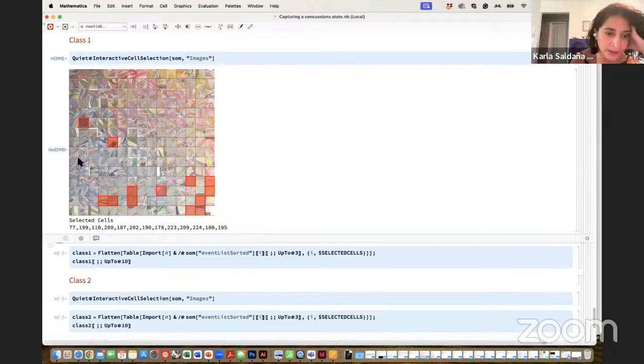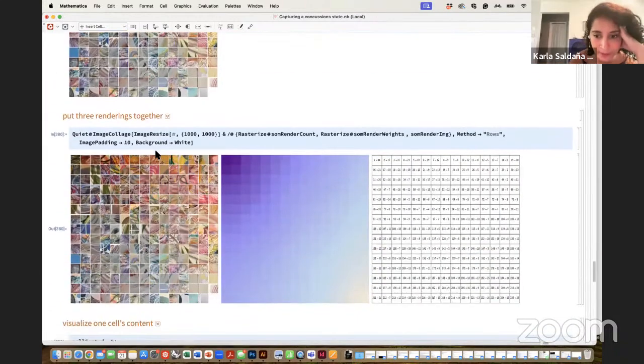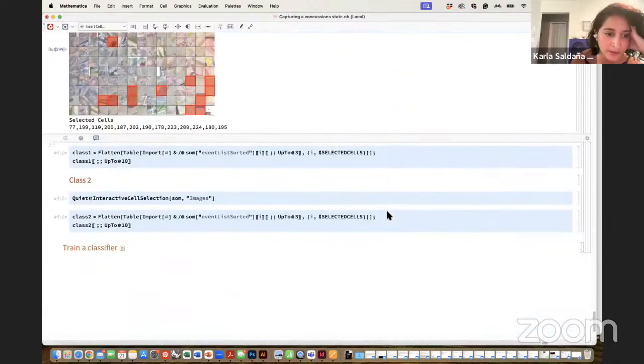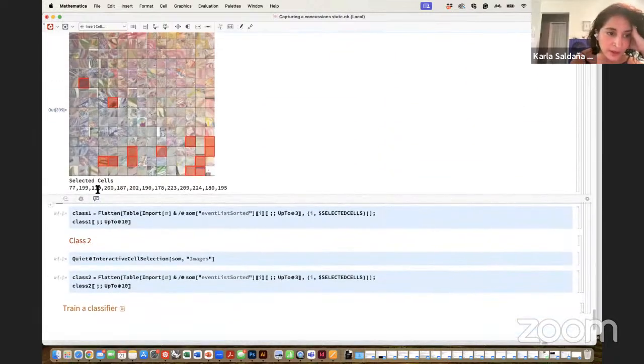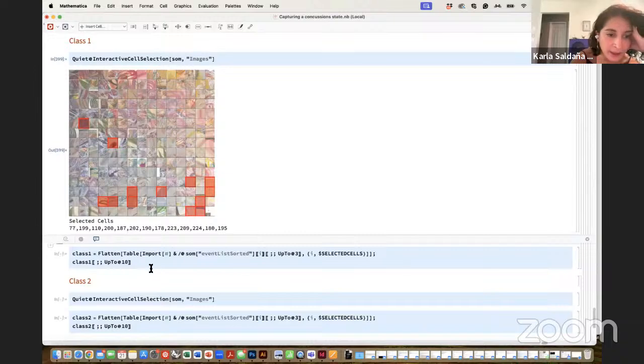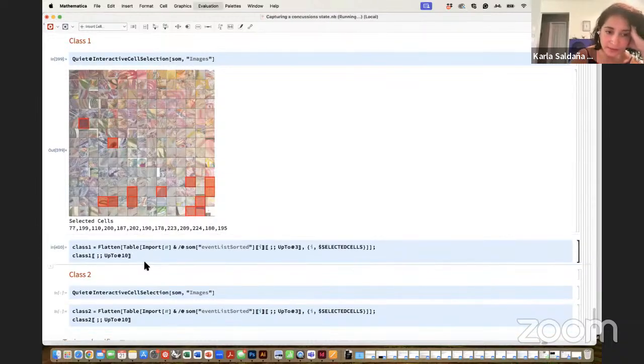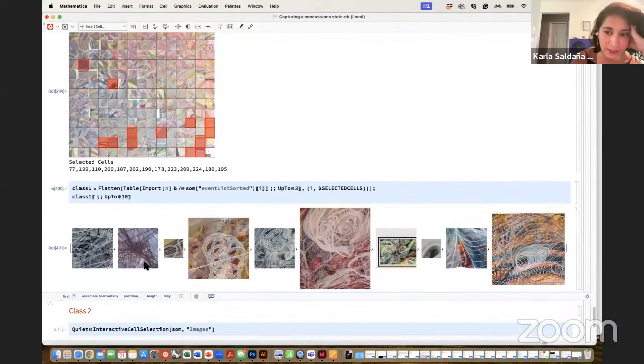For example, I selected these many cells. I selected cell number 77, and if we go back, 77 is here and has 8 images, and then we can also see cell 199, 110, and so on. If you run this line over here, it's going to collect everything that I've selected that is within this idea of calm.